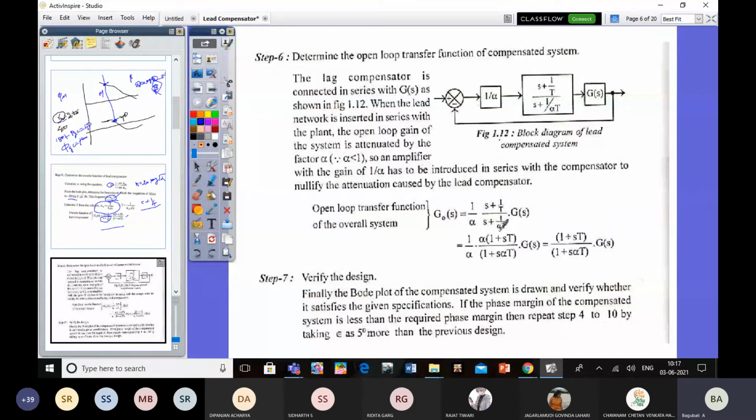Okay. So to verify the design, here you should not simply verify. In the previous problem, directly you have taken that